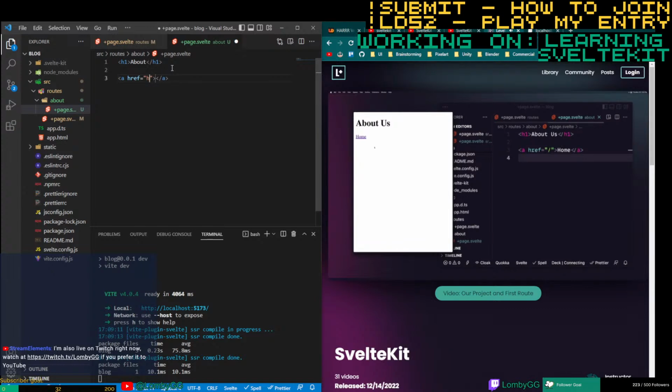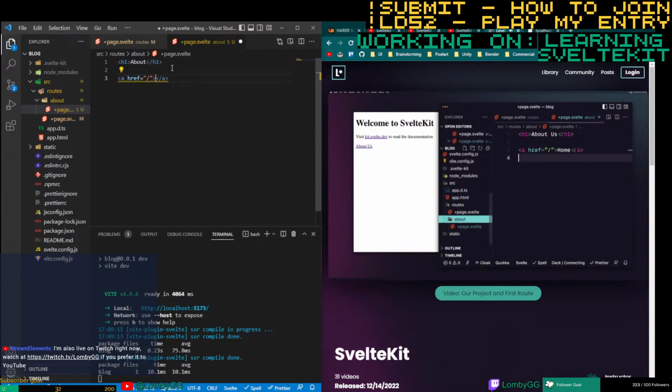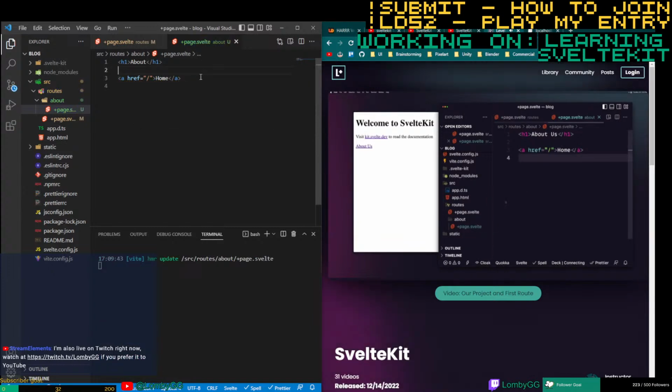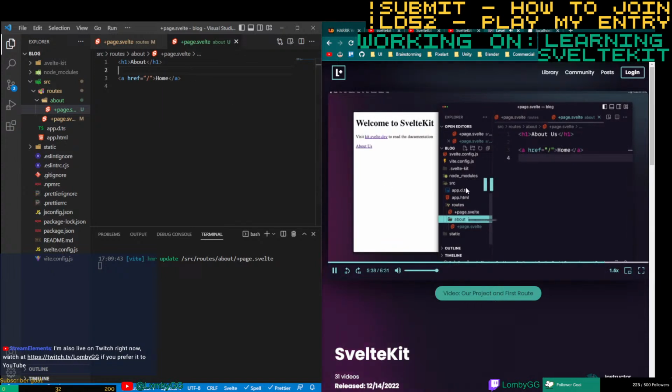So we have our page, we have some basic routing going on, and we have two routes, all within essentially the getting started video. So we've installed the demo project, we've created an about folder inside of our routes folder, and then a page.svelte file. And I should note that anytime I'm talking about a page.svelte file, it's assumed that the plus is there. So you'll often hear me say page.svelte when I truly mean +page.svelte. It's just much easier to say, and a page file is a page file, right? The plus just really adds some stuff that we'll talk about here that make it into a special file. So we have this basic routing structure, we have our basic route setup, and we are ready to go